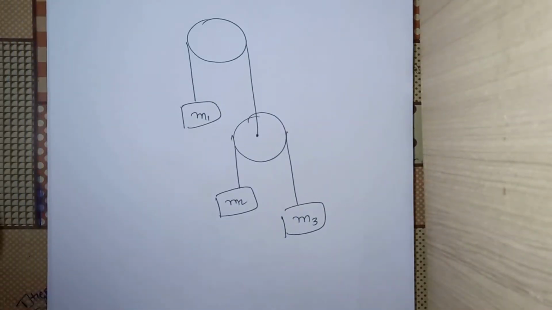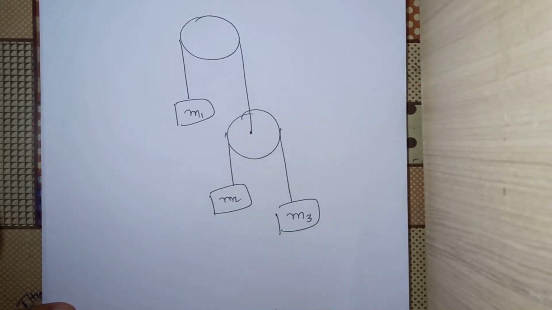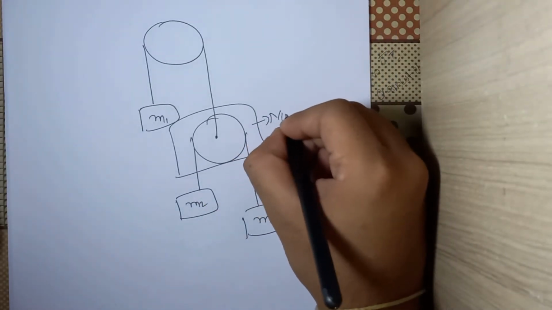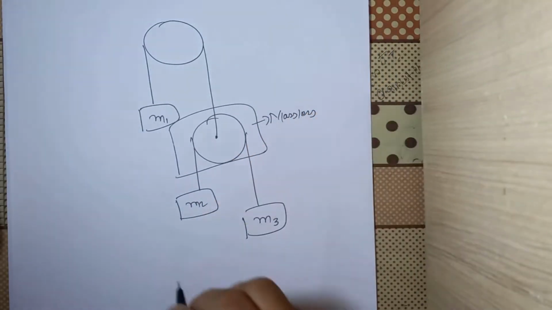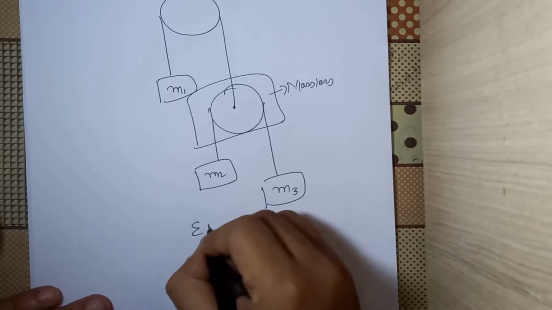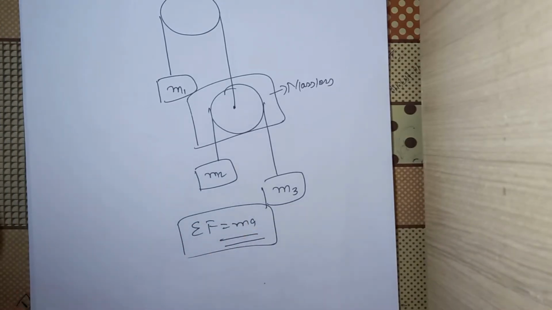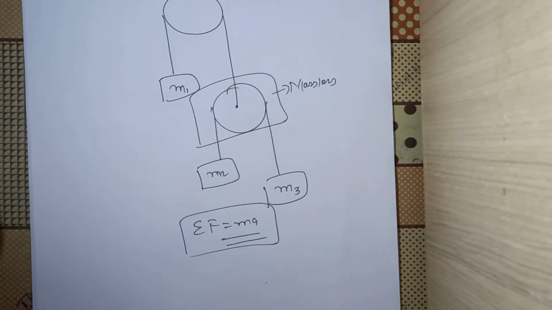So a few concepts which I would like to talk about when we are talking about multiple pulley systems is that we assume that pulleys are massless. But we know that sigma F is equal to ma is valid for all the things in this universe, provided that we are looking at an inertial frame. So sigma F is equal to ma is always valid.